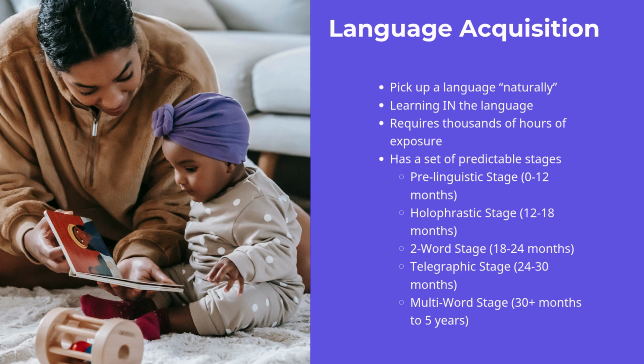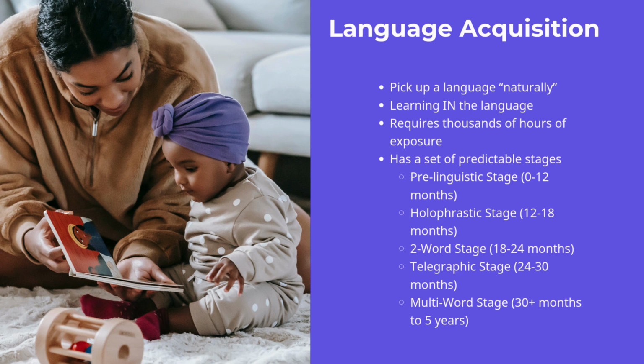After that, we have what's called the telegraphic stage, which is from 24 months to 30 months. At this point, the baby is able to start forming sentences, but they tend to leave out a lot of articles, like definite articles or prepositions. The way they speak almost sounds like a telegraph. So they may say something like daddy go store. They're starting to express more complex thoughts, but they're just missing some of those key